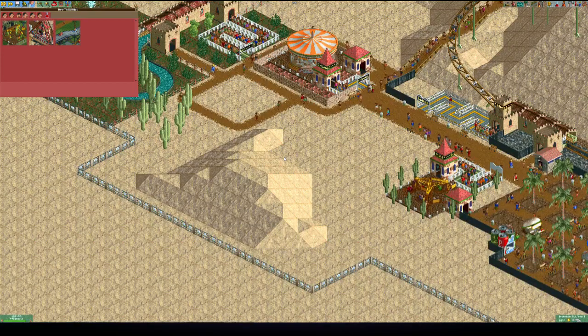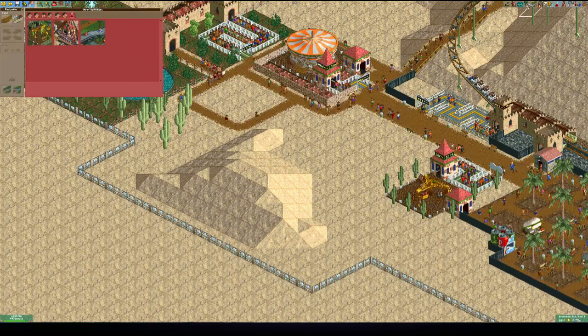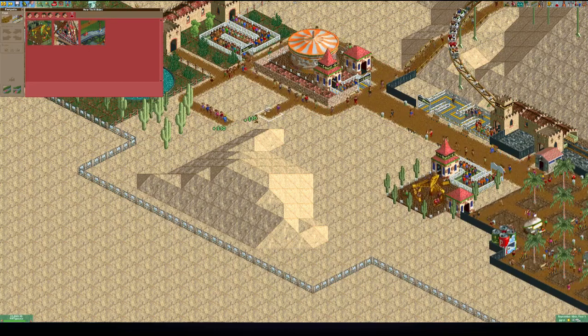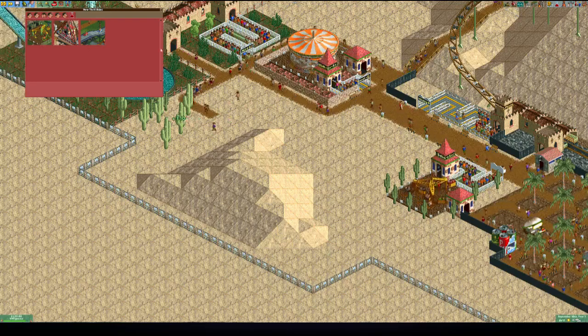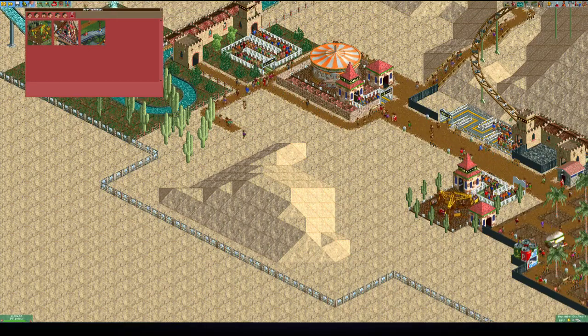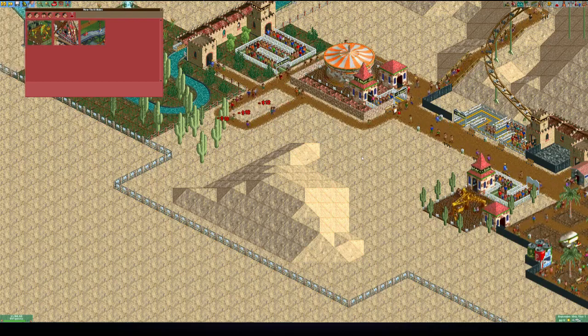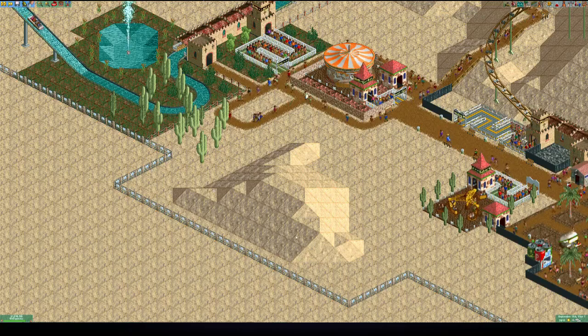I may have to edit this pathway. In fact, that's exactly what I'm going to do. We'll bring it in one block or a couple. All right. This way, it just allows us to kind of go around the sand dune. I don't believe I'm actually